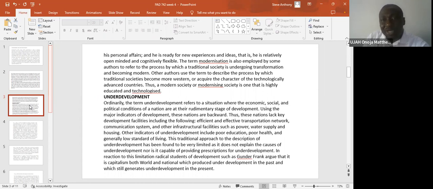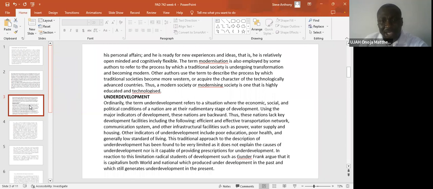While from the angle of modernization, those things are already present. Those countries that are considered under the categorization of being modern societies have done extensively in terms of a progressive aspect in measuring levels of poverty. They have gone beyond what one would consider as people living under the poverty line. There's shelter for everybody. There's employment for almost everybody. But in underdeveloped societies, these are lacking or in gross demand. Thus, these nations lack key